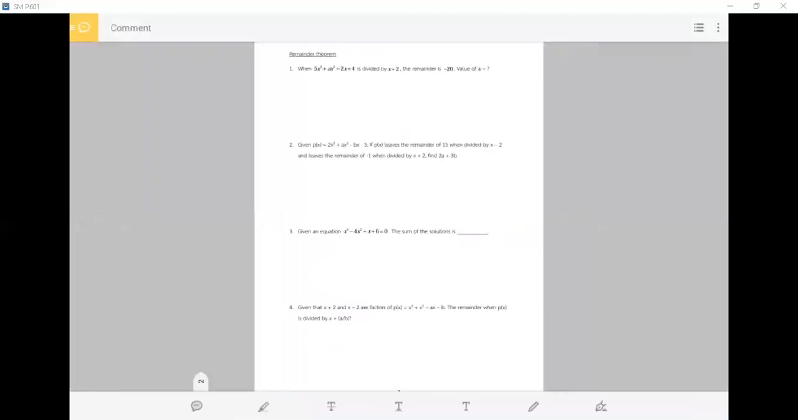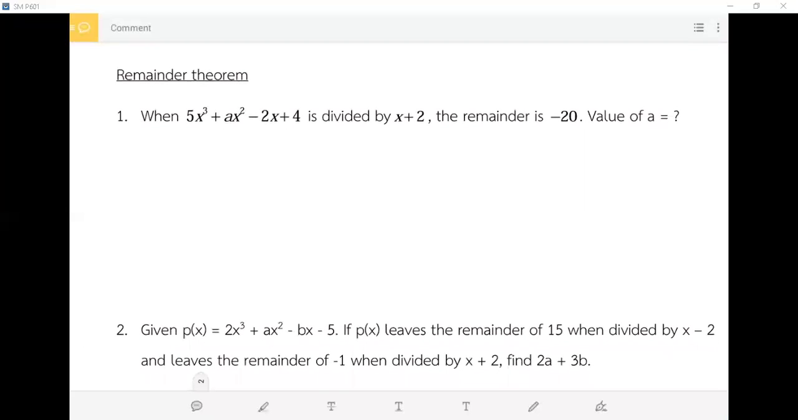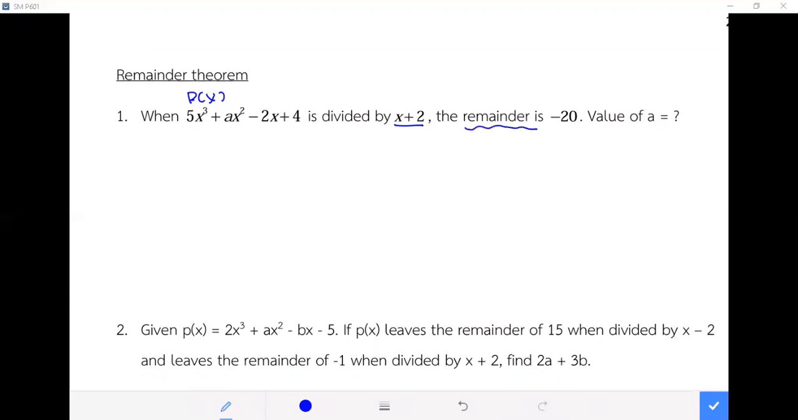Okay, we go to page number 2. This is about the remainder theorem. I have many questions about this. This is quite easy. The technique that you have to know is, when p(x) is divided by something like x plus 2, and you have the remainder,